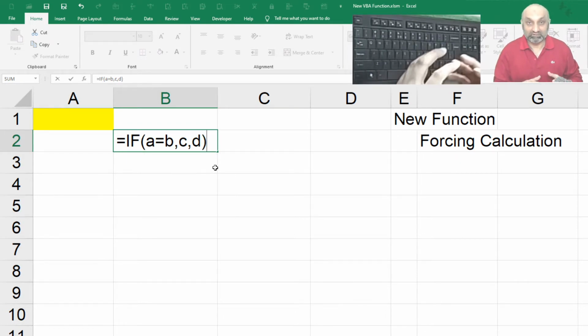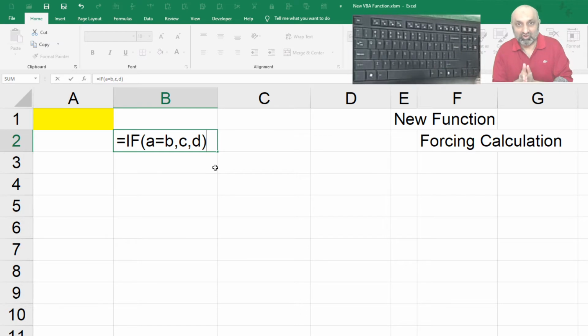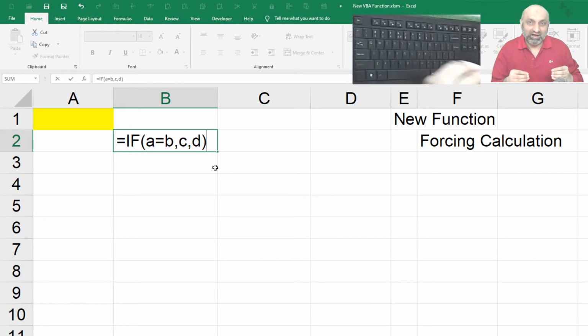If bracket start, A is equal to B, the first parameter or first argument, then comma, then C, comma, then D. So all the parameters are separated with a comma. This is the basic syntax we use in every Excel function.